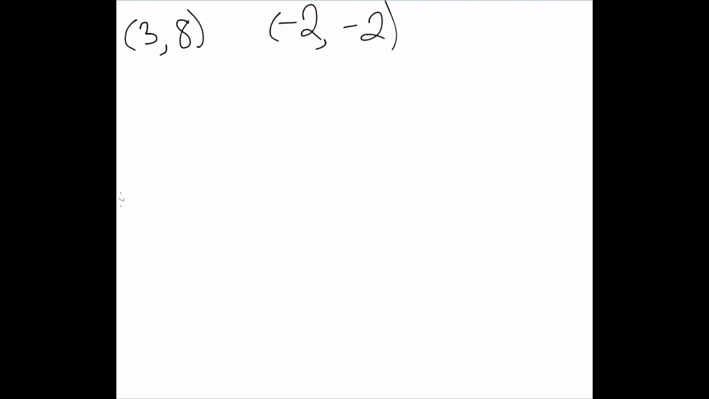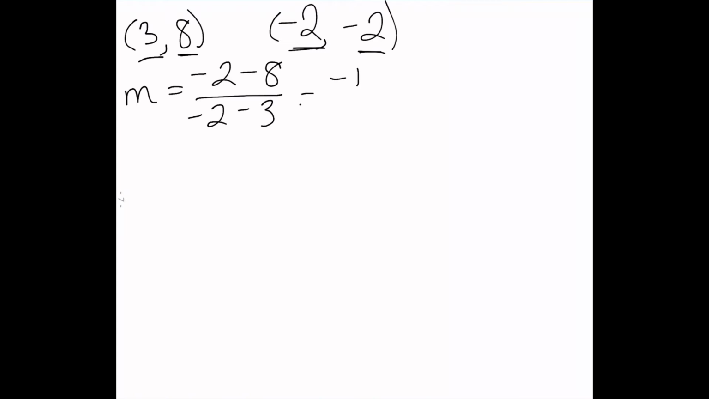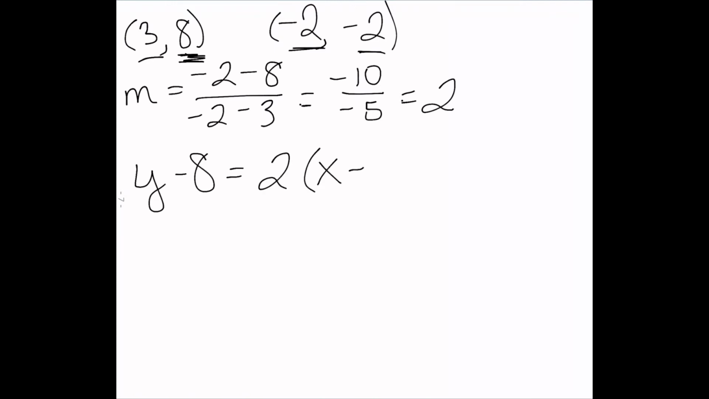What if all we know is that the line passes through 2 points, 3, 8, and -2, -2? We can still use our point-slope equation because we know how to find slope. That's going to be y2 minus y1 over x2 minus x1. -2 minus 8 is -10, and -2 minus 3 is -5, which gives me a slope of 2. I now have y minus y1 is equal to my slope times x minus x1,